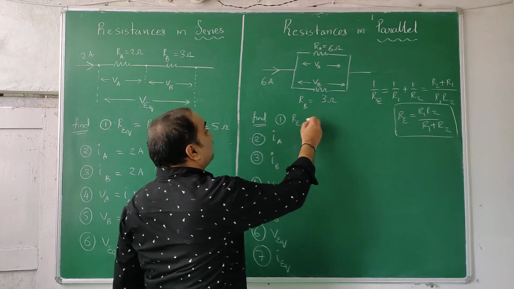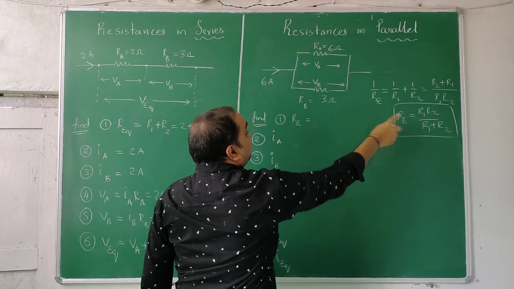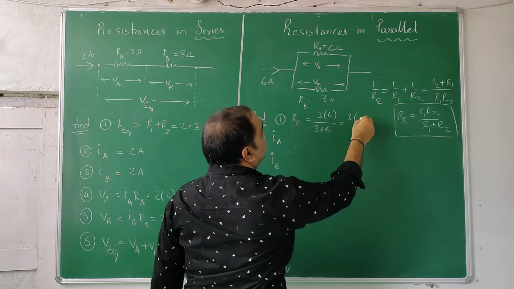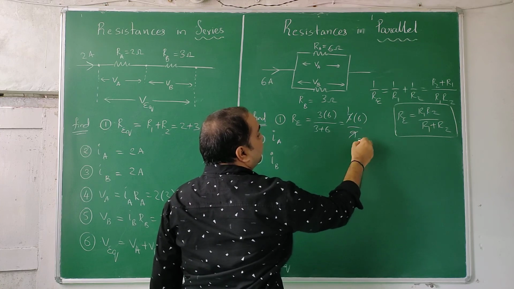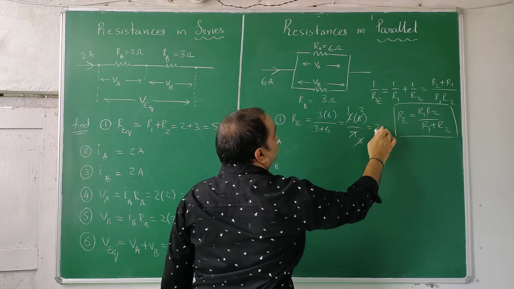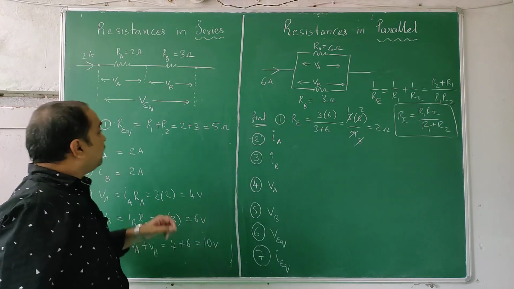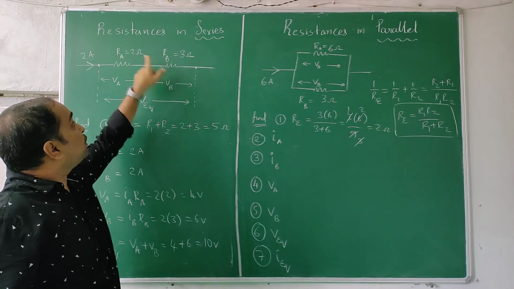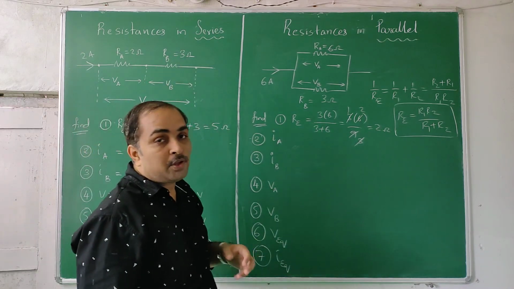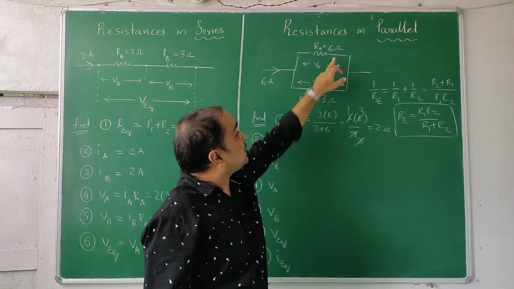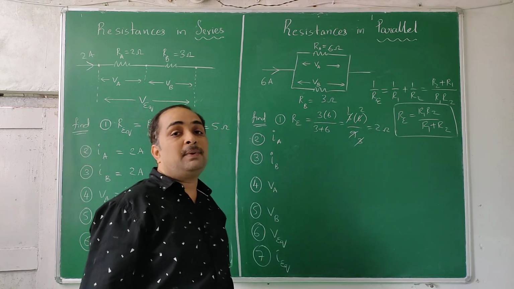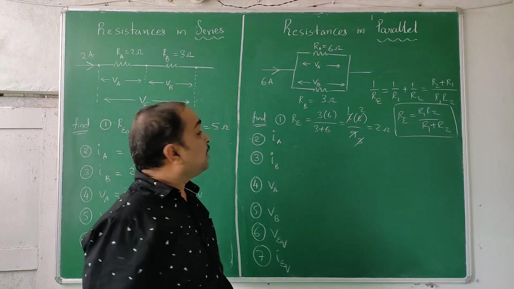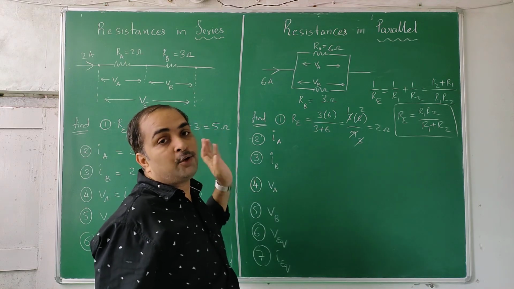So here R equivalent can be quickly done. RA RB, you can use that formula. 3 into 6 by 3 plus 6. 3 into 6 by 9. 3 2s are 6, so R equivalent is 2 ohms. Remember one thing. Whenever you find equivalent resistance in series, the final value comes more than the individual values. So 5 is more than 2, 5 is more than 3. Whenever in parallel you do a calculation, with individual resistances 6 and 3, the value you get will be less than 6 and less than 3. So the equivalent resistance in parallel will be lesser than the individual resistances. Equivalent resistance in series will be more than the individual resistances.